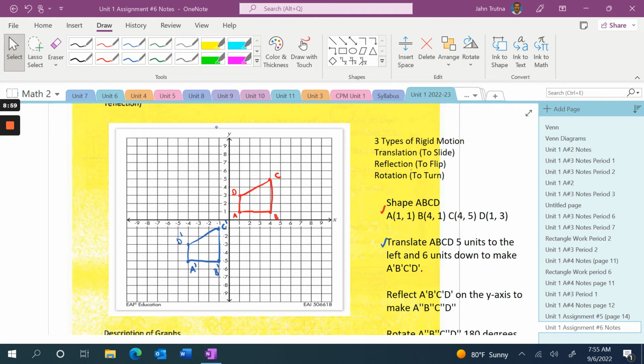What you do with your tracing paper and your y-axis is just take your tracing paper and flip it over, line up your y-axis again, and then you will see that C prime ends up right here at the point +1, -1. We're going to call that C double prime. D prime would end up at the point +4, -3. So D prime ends up right there, and we call that D double prime. A double prime